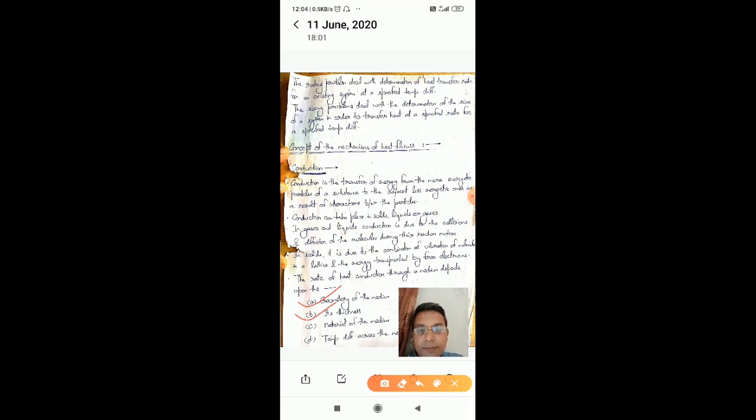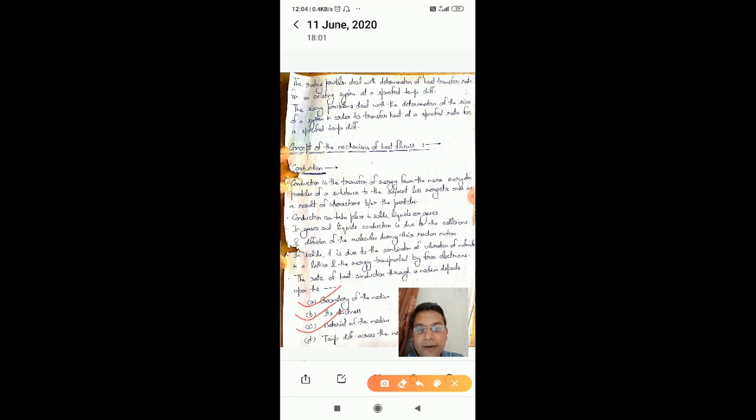Now the next is the material of the medium. The material of the medium is also of very prime concern in heat transfer. You must know the copper and aluminum case when you go to buy any electrical appliance in the market. The shopkeeper says, "Arre bhaiya, 100% copper hai." So what does this mean? It is because of the thermal conductivity of copper, for which I will give the example on the next page.